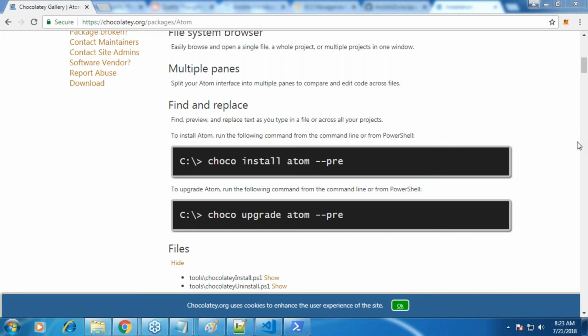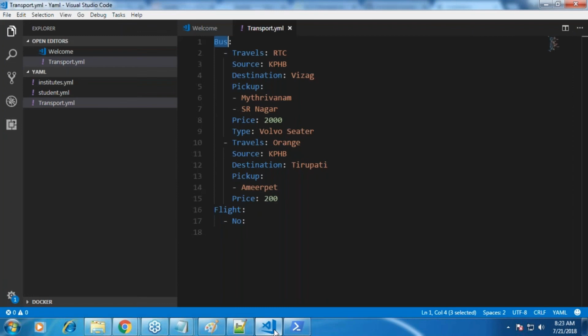How to write an object as a value in YAML? We are writing values itself. So what did your object have? An object has multiple key and value pairs. If I open this example, for me each bus is an object. Each bus is an object. But how have I written it? This is how I have written it.